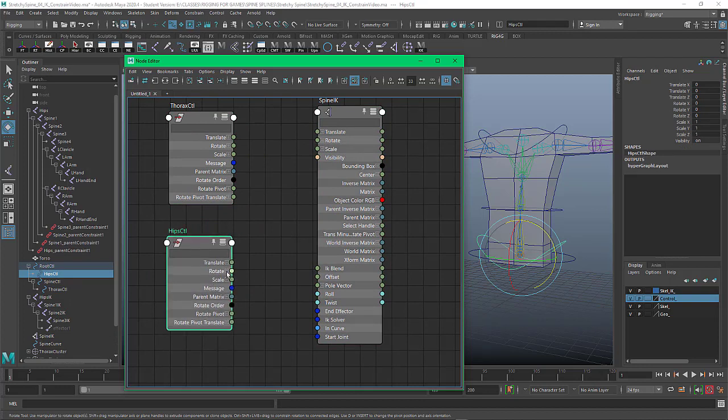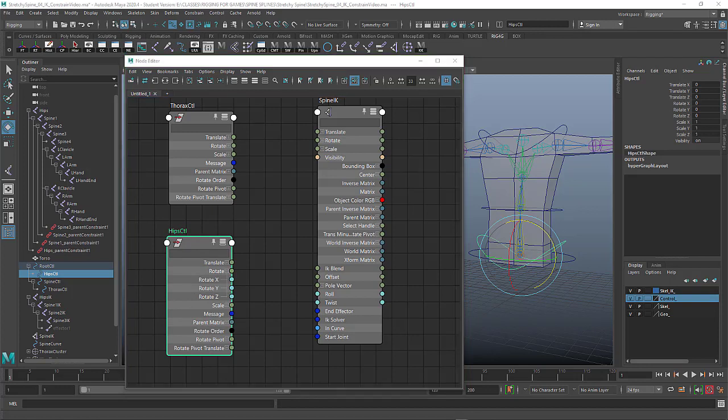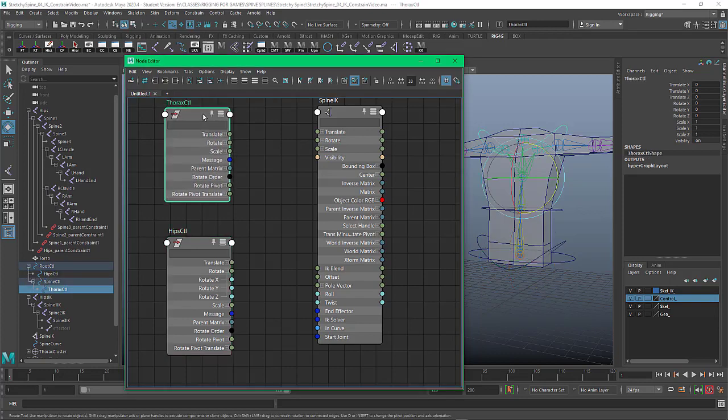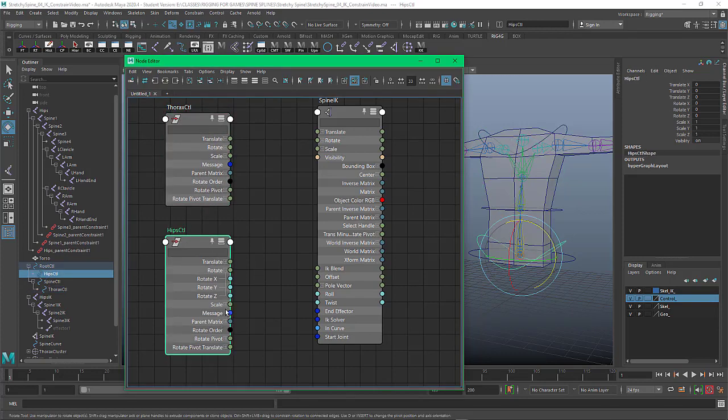And so we're going to open up the rotate here. And so for the hips, we're going to take the rotate Y, and we're going to put that into the